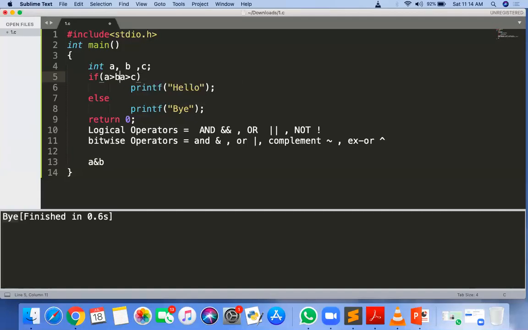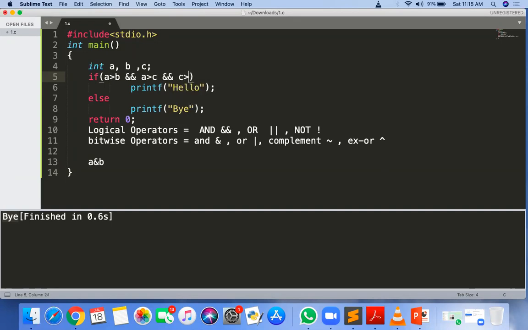These two conditions I have to check at the same time, so we have to use the logical AND here. So this whole condition will be true only if the first is true and the second is true. If both are true, then only the whole condition is true. If one is false, then the whole condition is false. Got it? This is the AND gate or AND operator. When to use the AND operator? Generally, the logical AND operator is used to combine two conditions, to check more than one condition at the same time.